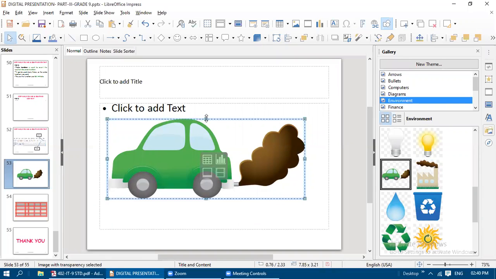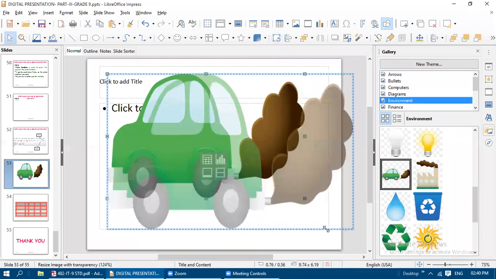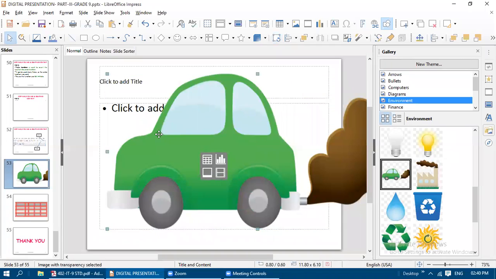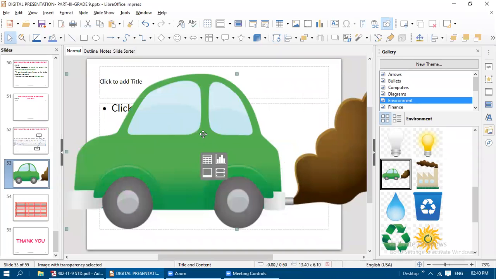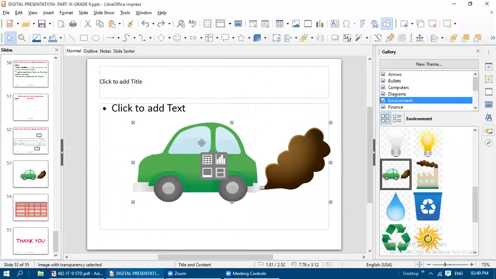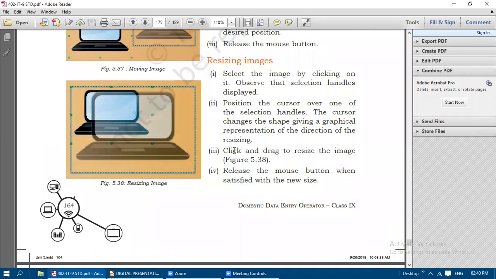after getting this two-headed arrow, we can increase the picture size in the diagonal way, or the right side column-wise, that is the vertical way, and the horizontal way. I'm just pressing Ctrl Z to get back the same location, same image. Okay, next is rotating. Now you understood.